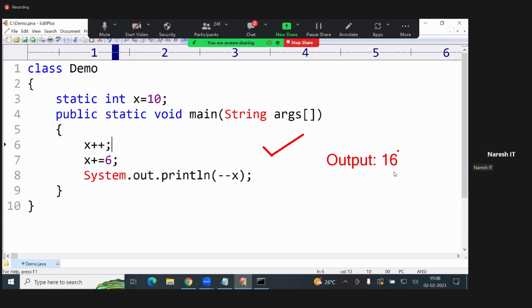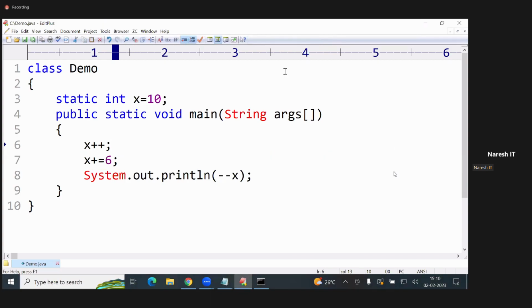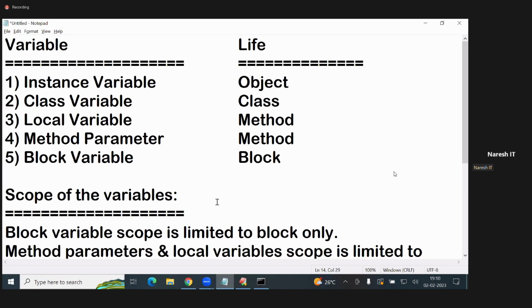Is it over? So here the x value is 10, here 11, here 17. It is pre-decrement. First it is decremented, then printed. That's why 16. Okay. These are all about variables. Next,